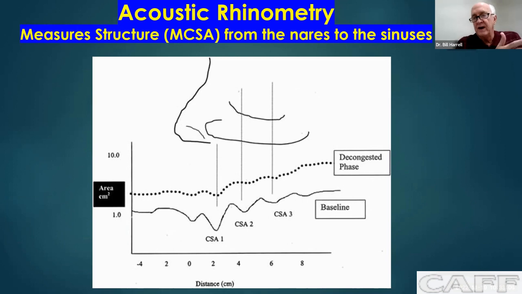Before 2015 a lot of stuff was published, but because of the way it was done and some of the older equipment, it was considered obsolete. So then all the physicians go, hey, this stuff's not true. Well, after 2015, they developed four-phase rhinomanometry,